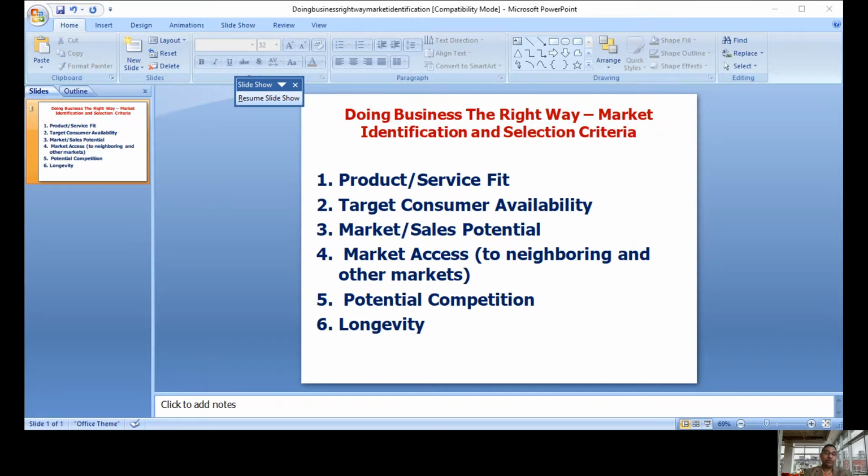You have to identify the market, at least the initial market, where you have a larger number of target consumers who already know about the product or service you are offering, or similar kinds of products. You can't offer something which is very new and then go on educating the consumers. That is very difficult. So you need to identify a market where the consumers have awareness of such products or services.